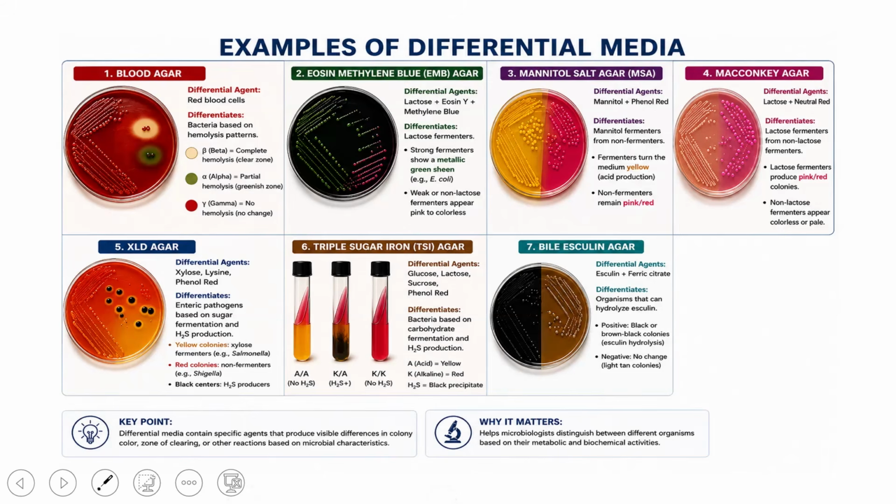So the key point we have to know in differential media is that they contain specific agents that produce visible differences in colony color, zone of clearing, and other reactions based on microbial characteristics. And these media really matter in microbiology because they help microbiologists to distinguish between different organisms based on their metabolic